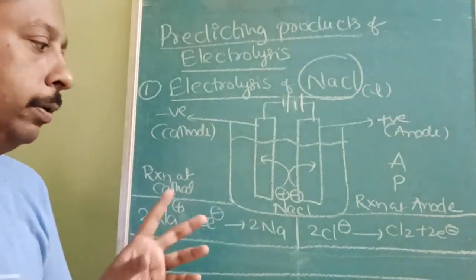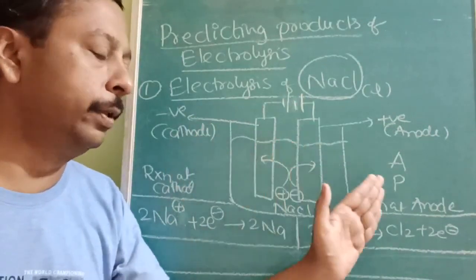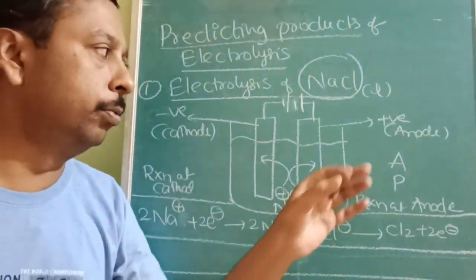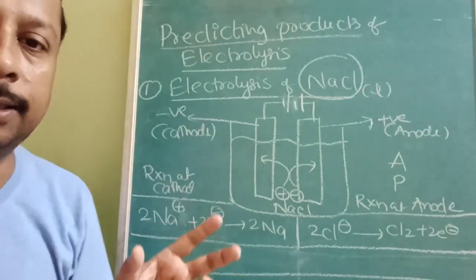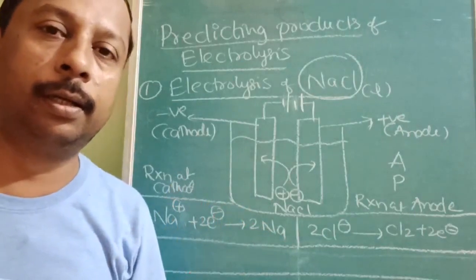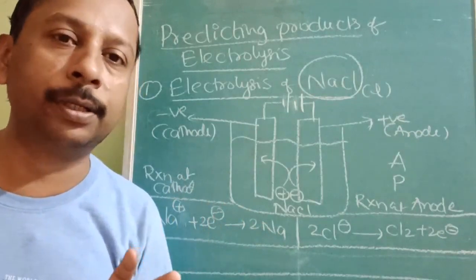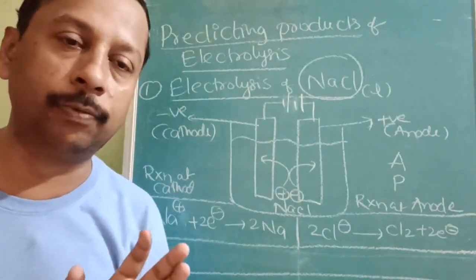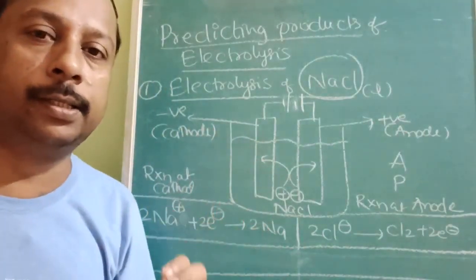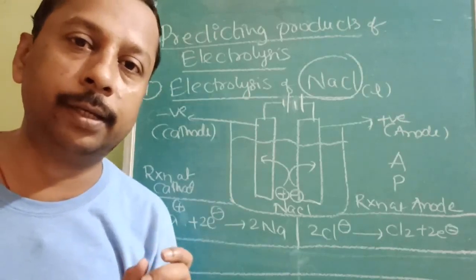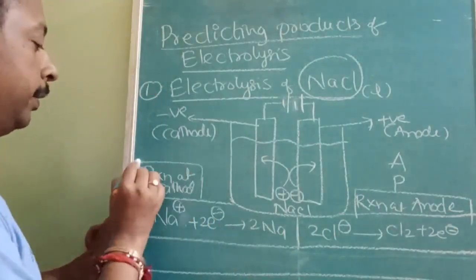The questions will be in different varieties. That's why along with this diagram and the charge, everything I am writing, don't miss noting any one part of it. If you miss noting, feeling that it is very easy, in the examination it is going to create confusion, and you will mark the wrong option and get -1 instead of +4. Now it is very easy, but in the examination the easy thing is going to be the difficult thing. So remember how I am writing.